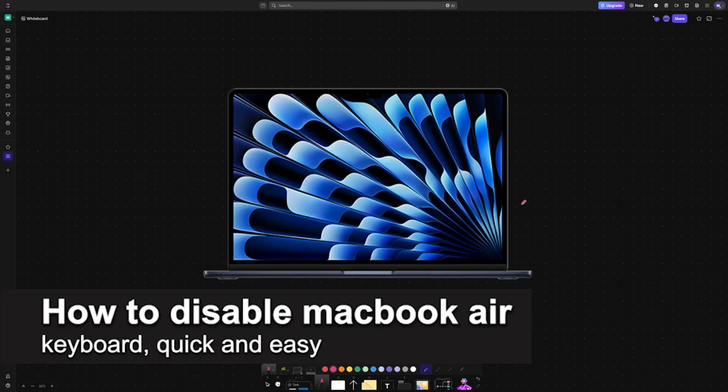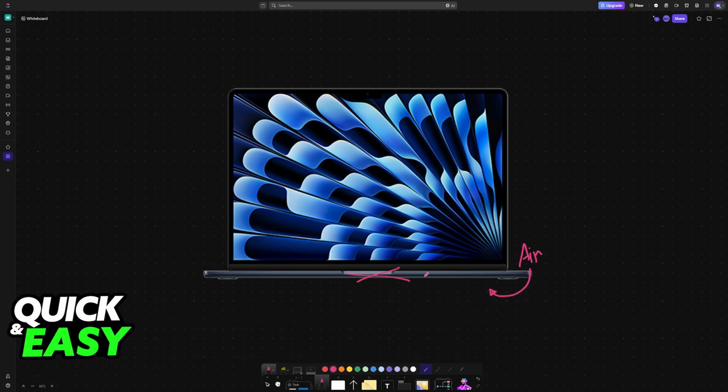In this video, I'm going to teach you how to disable MacBook Air keyboard. It's a very easy process, so make sure to follow along. If you would like to disable the keyboard on your MacBook Air temporarily with a single click, then follow the